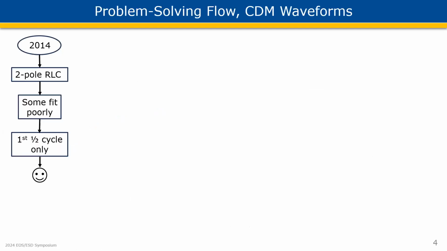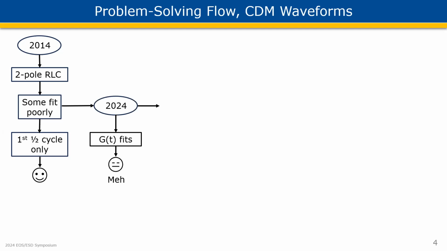Well, let's look at the problem-solving flow stemming from our work back, and actually goes back to the 2013 symposium, where Nathan, Jack, and I produced a paper explaining a lot of waveforms with 2-pole RLC models, and then that was extended in a 2014 IEEE publication. But what was bothersome was that some of these waveforms did not fit that well, fit the first half cycle best. Of course, that's where we think the destruction occurs, but we had to be satisfied with that for a